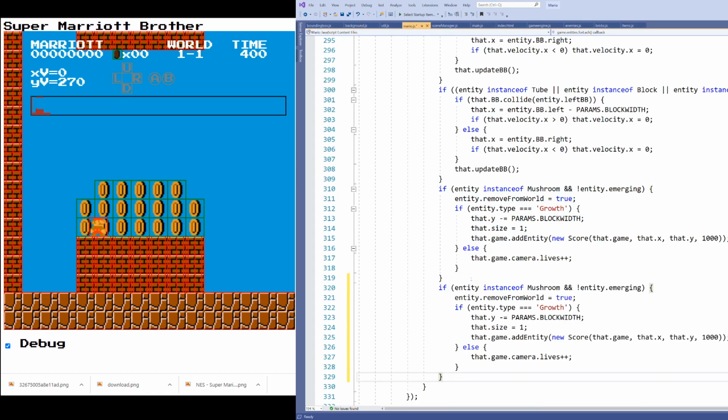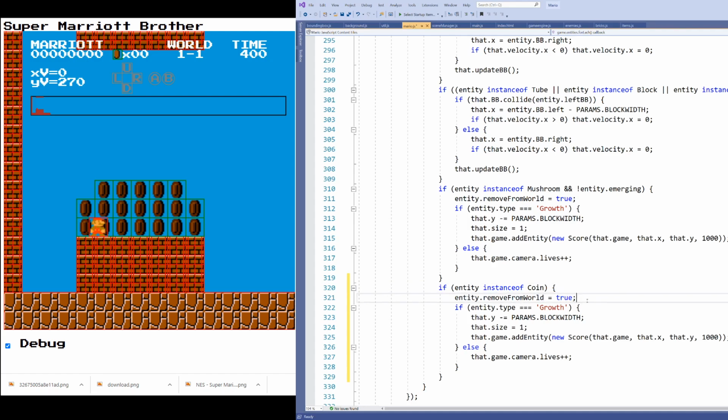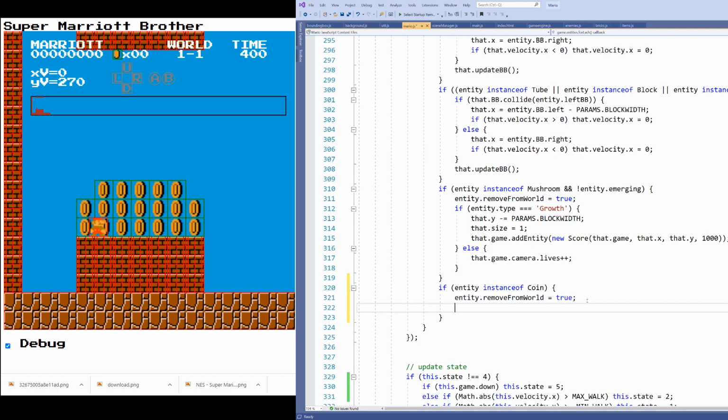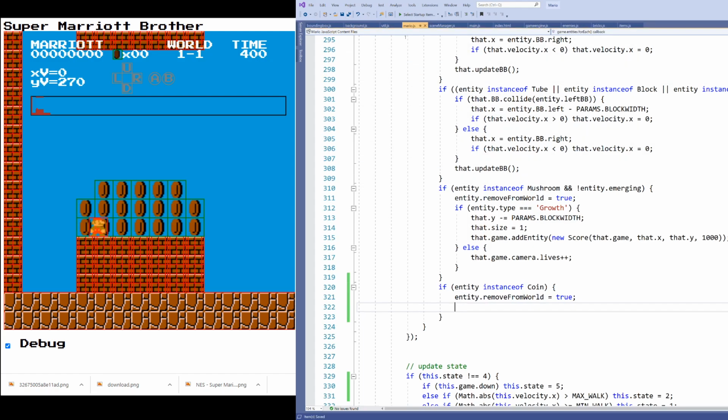what happens if he collides with a mushroom. And I'm going to change that to what happens if he collides with a coin. I will do the same thing I do with a mushroom. First, I will remove that from the game. I will remove the coin from the game. But I don't do any of the other logic I would do for a mushroom. Instead, I just want to increase the coins or add coins to the game engine, whatever's keeping track of the